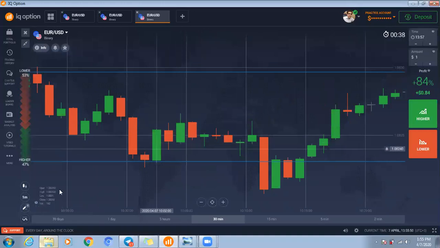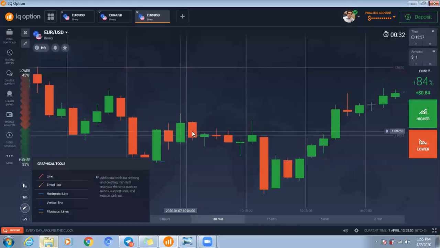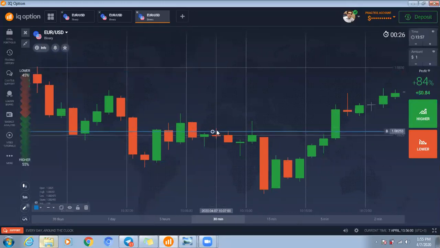This is the dark cloud cover. Look at how the dark cloud cover works. This wick is not big. This is convincing that this is the dark cloud cover. On the 50% level, this is the 50% level. When this candlestick reaches and rejects from this level, now you can put option from here. Don't put option on the candlestick after this candlestick, because this candlestick does not touch this level. This candlestick touches the key level and rejects from the key level. It's a sign that sellers are still active. That's why you can put option from here.